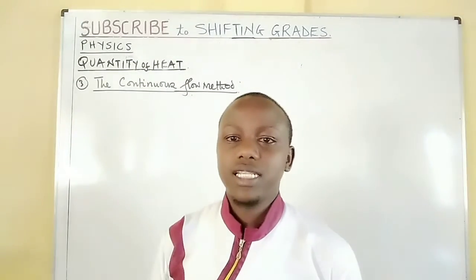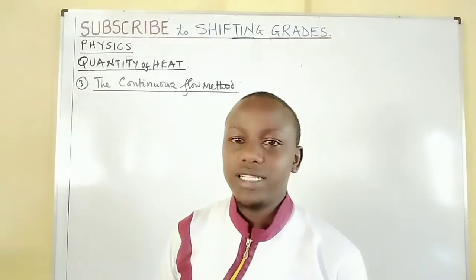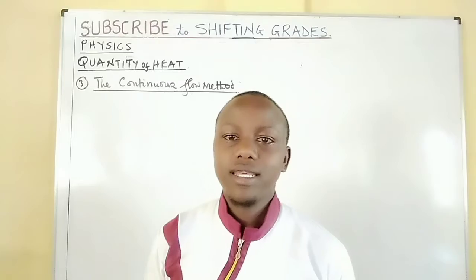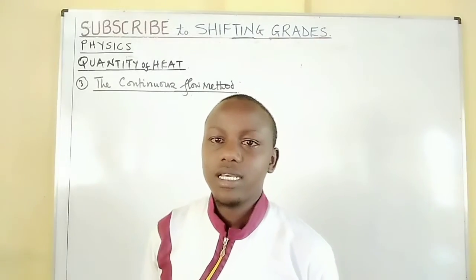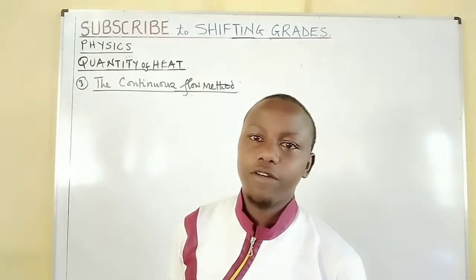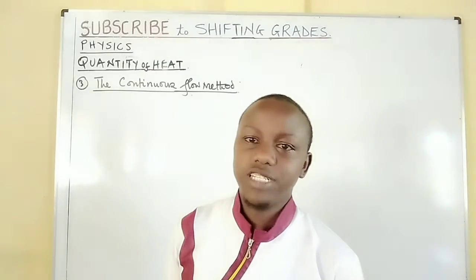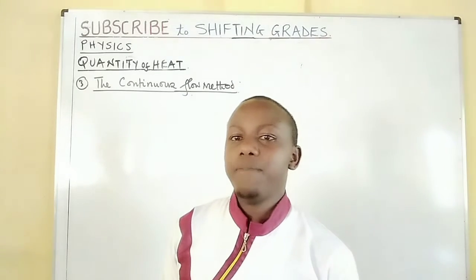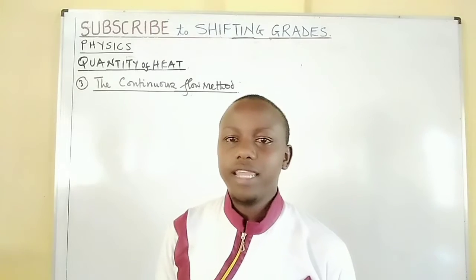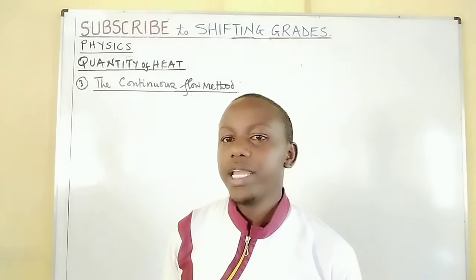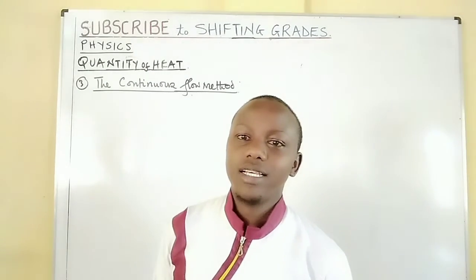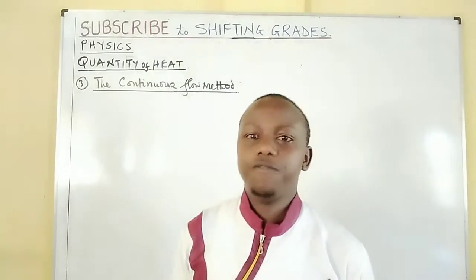Though some substances have specific heat capacities that are constants and known, we can determine them experimentally. Therefore, we discussed the electrical method and the method of mixing. And in this lesson, I'll be bringing the continuous flow method of determining specific heat capacity of